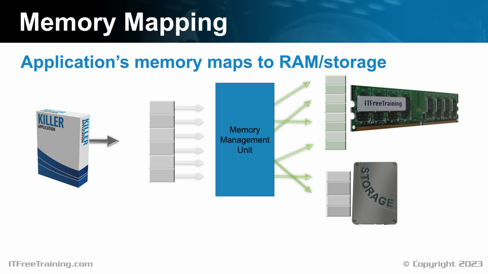The application only sees a block of memory. The operating system is free to store each page of the block where it likes. If the page is stored on secondary storage, the operating system will read the page into memory. If the memory is full, the operating system will have to exchange one of the pages in memory with the one stored in storage. This is called swapping, because essentially the operating system is swapping the data between memory and storage.